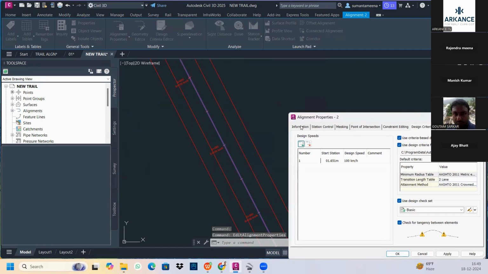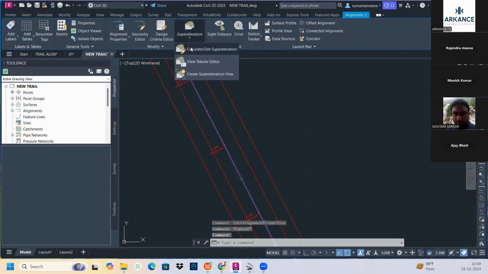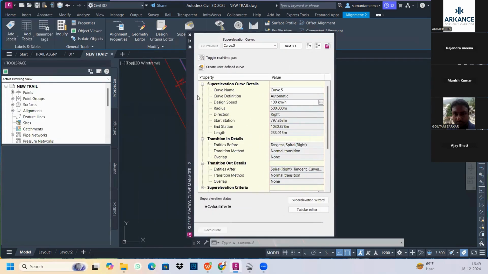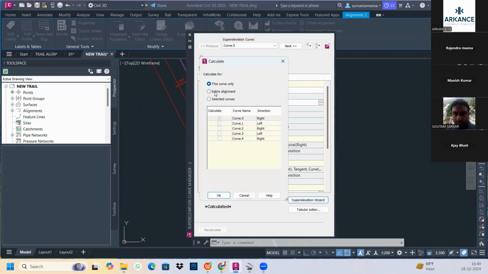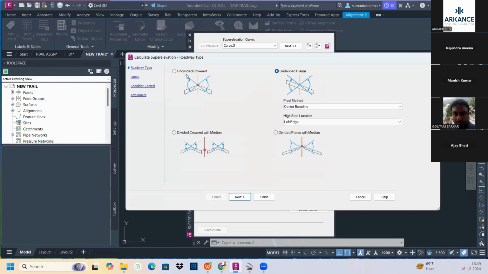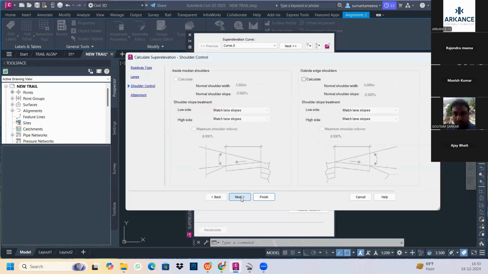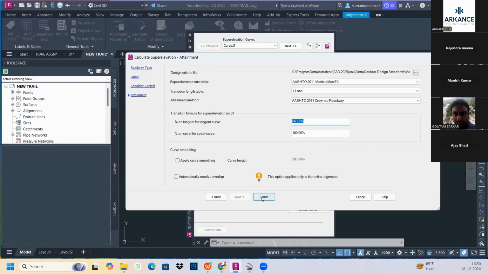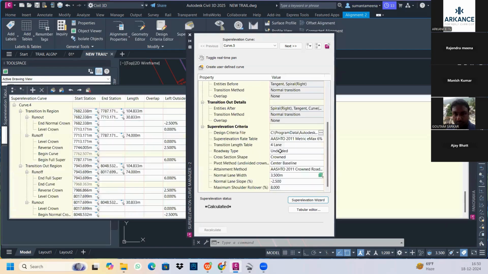ठीक है। जैसे अगर हम वापस से चेंज करें इसको, ये टैबलर आ जाएगा आपके पास दोबारा से, ये वाला। ठीक है। इफ यू वांट टू कैलकुलेट अगेन, देन गो विद द एंटायर अलाइनमेंट। आपकी टोटल 5 कर्व हैं। कौन सी डायरेक्शन में, ये भी आपका पता लग जाता है कि लेफ्ट है कि राइट है। ठीक। देन अगर मैं अनडिवाइडेड जाऊं, सेंटर बेस लाइन से जाऊं, ओके, 3.5 और फिनिश, तो वो रिकैलकुलेट कर देगा।